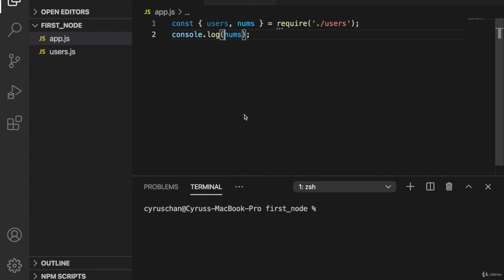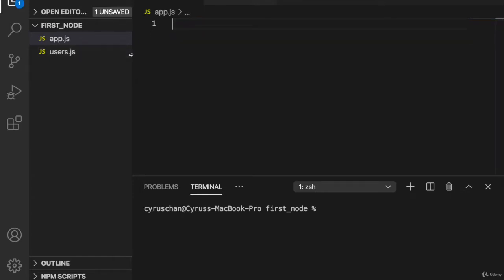In this part, we are going to talk about the file system modules built into Node.js, and we will do read files, create files, append files, create and delete folders, and also delete files. So first we delete the previous lecture code, and then to import the file system module, we can do this